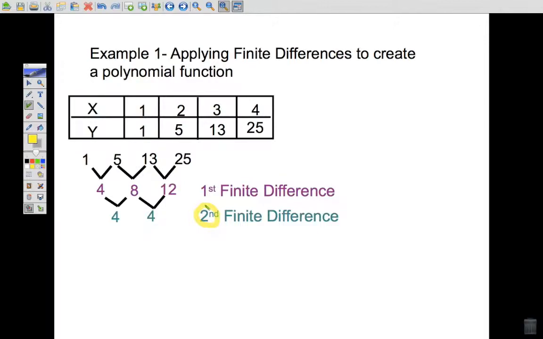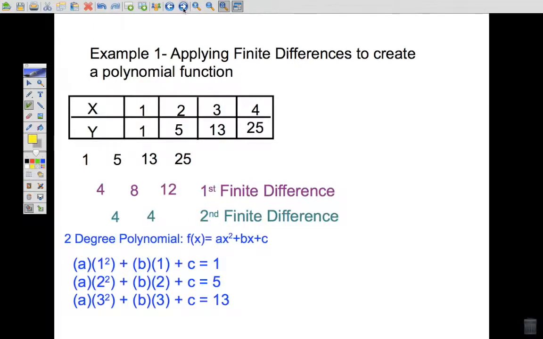Because we had to do the finite difference process twice, our answer has a degree of 2, meaning it's going to look like ax squared plus bx plus c. That's the format of our answer. We are then going to take the ordered pairs that were given to us and substitute them in place of